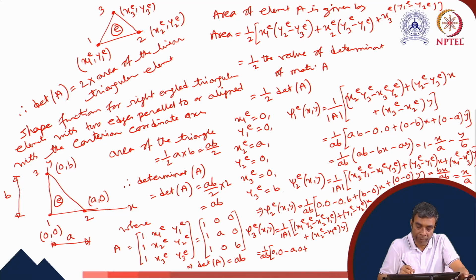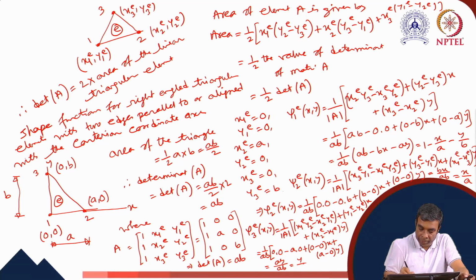y1e and y2e both are 0, so 0 minus 0 into x, plus x2e minus x1e into y. x2e is a and x1e is 0, so it is a minus 0 into y. So this is ay by ab. This comes as y by b. Therefore, we have obtained all three shape functions for the right angle triangle with two of the edges aligned with